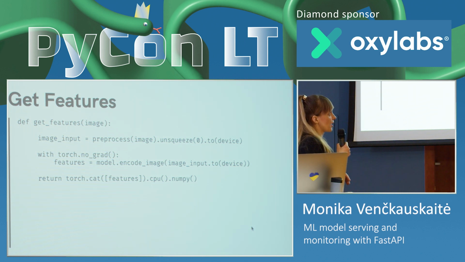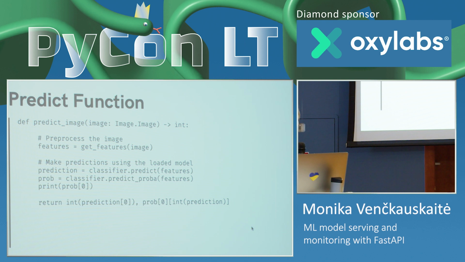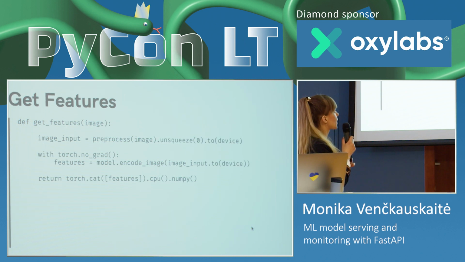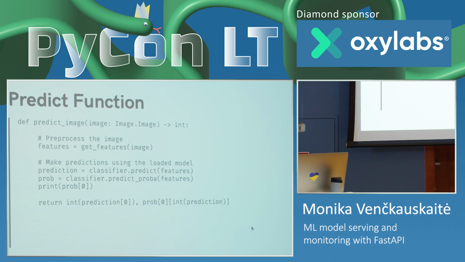In this case, I picked a food data set. I think we'll see later. But you can just train it on any data set you want in a matter of hours on your laptop. So the CLIP model is super convenient because the heavy lifting was done by OpenAI for you. We also describe our predict function, which gets features and uses a classifier to predict from those features.